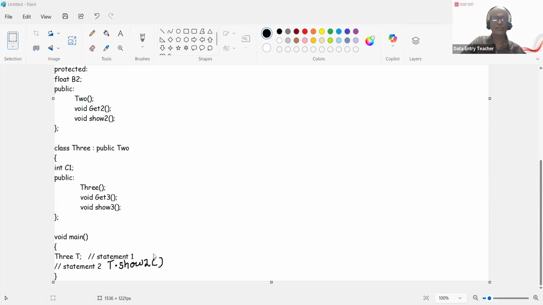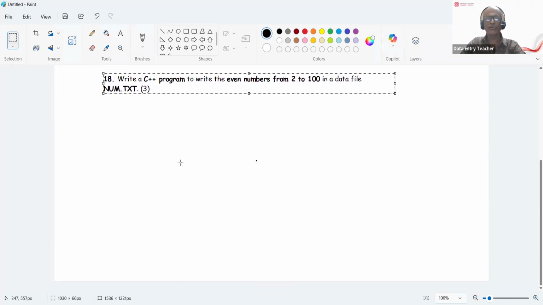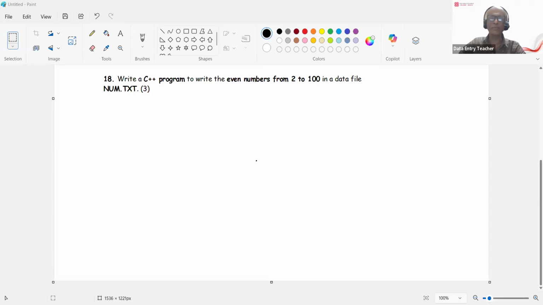Now we are going to the next question. Write a program, question 18. This question carries 3 marks. Very simple this one. Write even numbers 2 to 100 in a data file. First see what you have to do. You have to create an object of fstream, right? You have to declare fstream F, an object F on fstream,